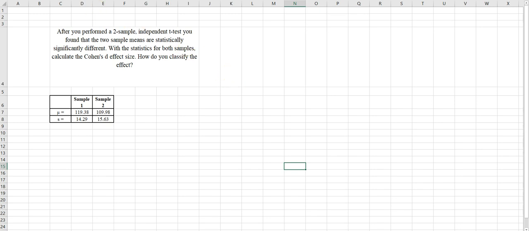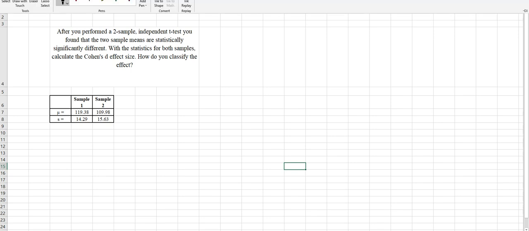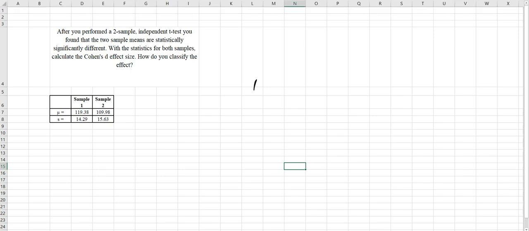So for example, when we do a t-test, we find that p is smaller than our alpha, and therefore we reject our null hypothesis,